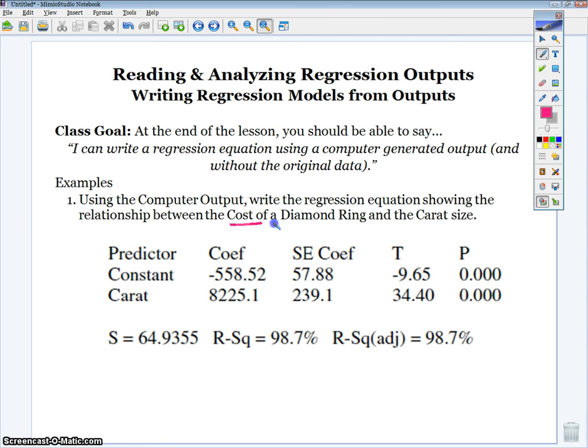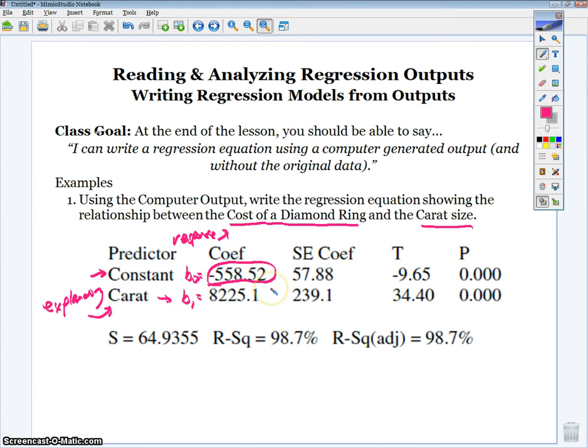Here we're looking at the relationship between the cost of a diamond ring and the size of the carat. In the equation, the y-intercept is the constant. So negative 558.52 is your y-intercept. That's b0. Can you guess what the slope is? Here we have our explanatory variable. The other one, the cost, is going to be your